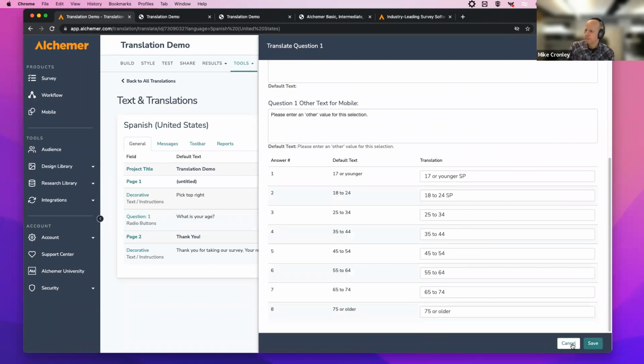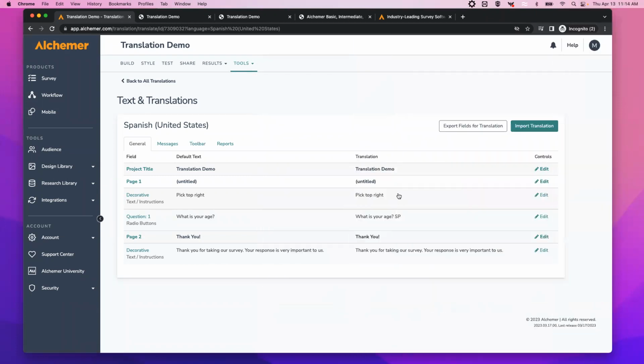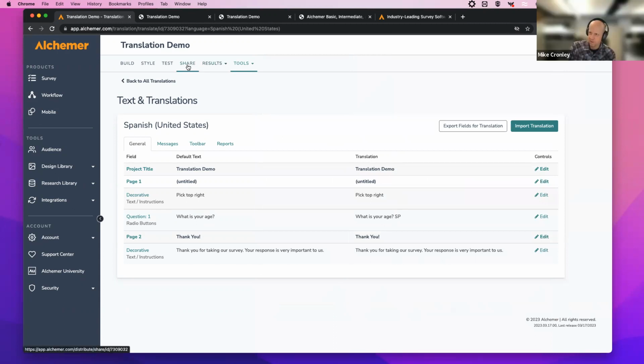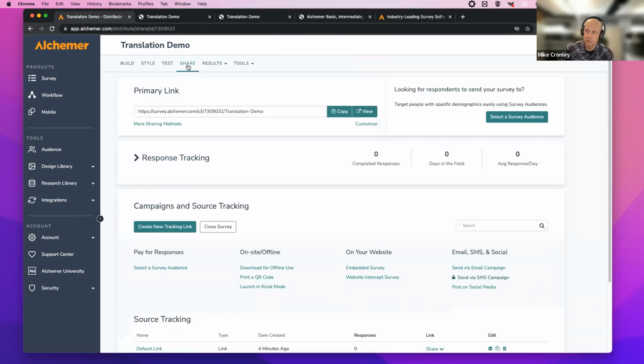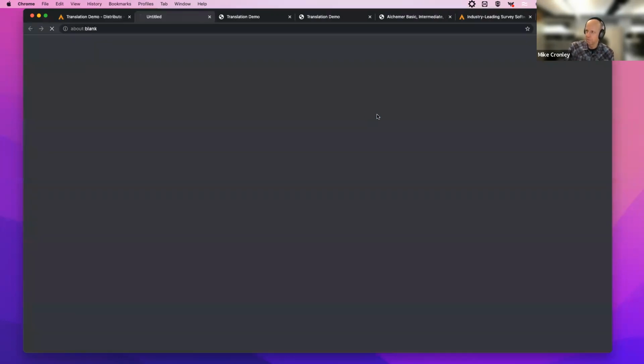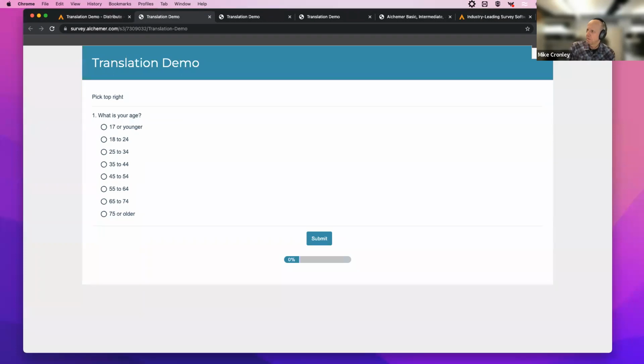Nice to do. Then I would go in and really test the survey to see if any of those system generated messages will show up in the Spanish version. So I'll go to view and I'll go into the Spanish and I'll test it. And if there's a validation that shows up and it's like, oh, I forgot to translate, I'll go back in and maybe do that manually in the messages section and just isolate those ones that could potentially show up. It just depends on the build of your survey and the question types that you have.